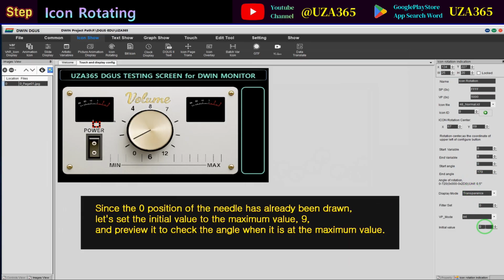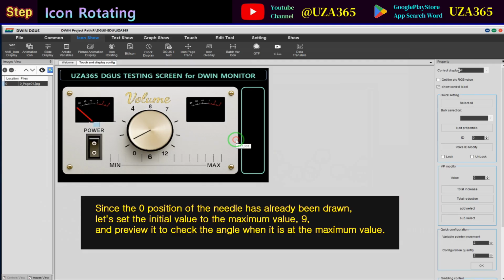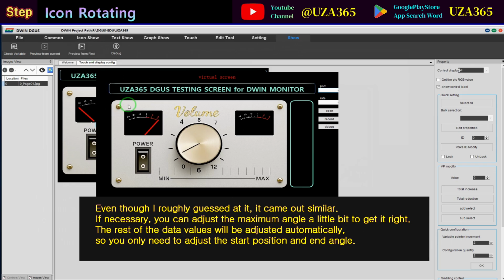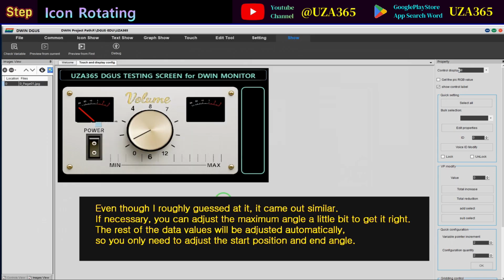Since the 0 position of the needle has already been drawn, let's set the initial value to the maximum value 9 and preview it to check the angle when it is at the maximum value. Even though I roughly guessed at it, it came out similar. If necessary, you can adjust the maximum angle a little bit to get it right. The rest of the data values will be adjusted automatically, so you only need to adjust the start position and